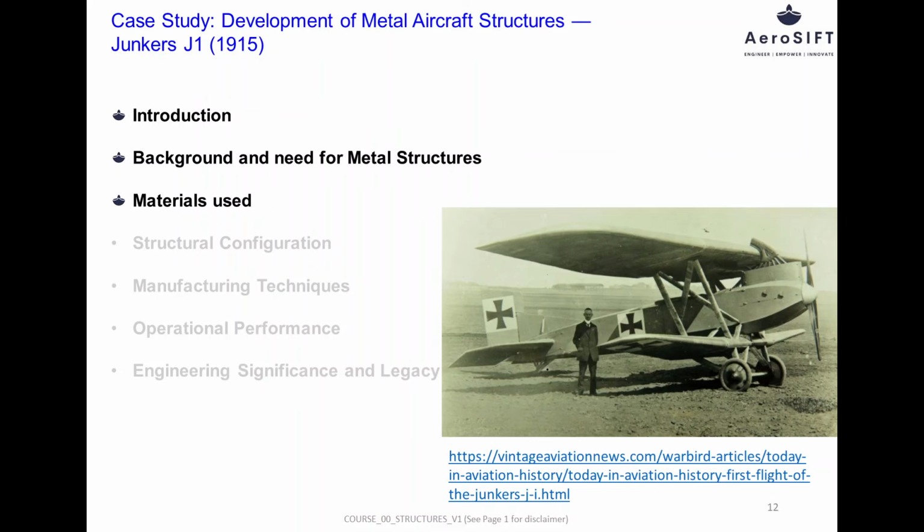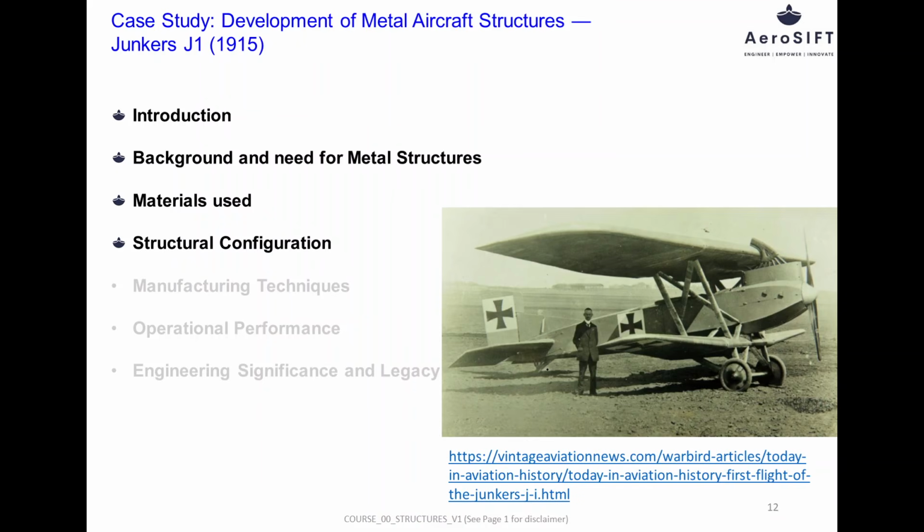The Junkers J-1 was constructed almost entirely from steel, including the fuselage, wings, and control surfaces. At the time, suitable aluminum alloys were not yet widely available, so steel was chosen for its high strength and availability. Although heavier than aluminum, steel allowed the aircraft to withstand higher aerodynamic loads and provided excellent resistance to battle damage and environmental degradation. The aircraft featured a cantilever wing design, eliminating the need for external bracing wires and struts that were common in wood and fabric aircraft.